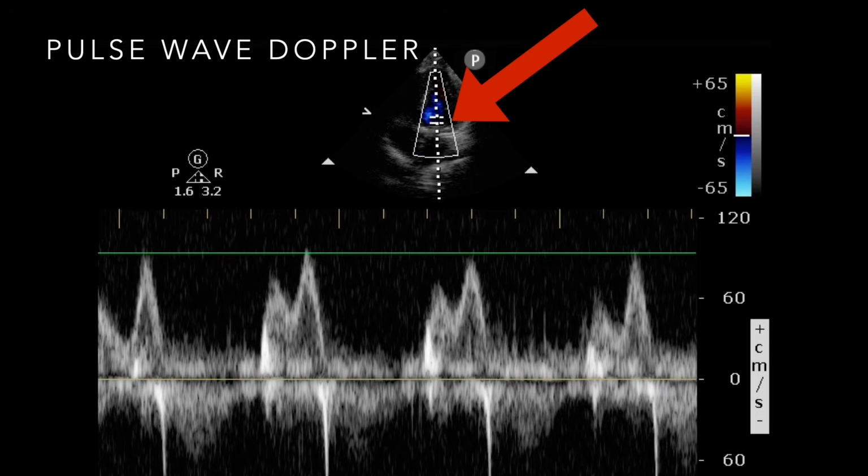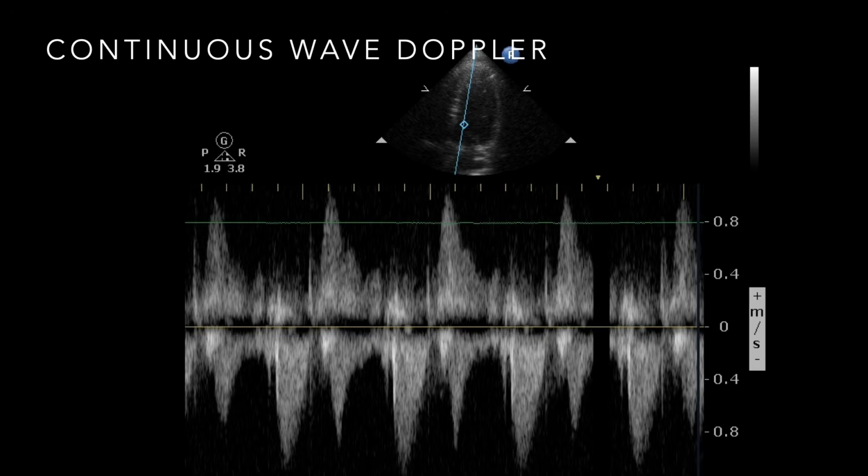So like I said, sometimes, especially when you have regurgitant jets or stenotic jets, the velocity of blood flow through that area exceeds 1.5 meters per second. And so the way to get around that is with a second form of spectral Doppler, called continuous wave Doppler. Like I mentioned earlier, it is essentially a portion of the ultrasound probe transmitting simultaneously while